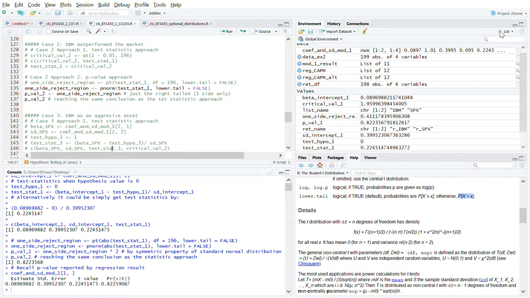In this case, we are going to test whether IBM outperformed the market. In other words, the null hypothesis is that the intercept is smaller than or equal to 0, against the alternative hypothesis that the intercept is greater than 0. As the test statistic for cases 1 and 2 is the same, I will not repeat it. I will simply use the same test statistic